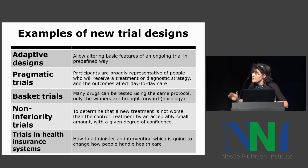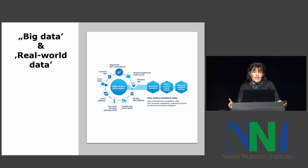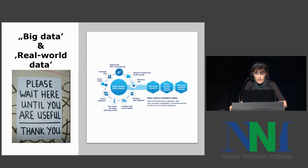It's not that all of these trial designs were completely unknown before, but they have definitely become more and more popular nowadays. And there are other issues that were discussed in this series. And finally, big data and real-world data. I will not discuss it in detail, but I think this is really coming. This is coming because we have a lot of this electronically collected data. I will just comment on it with this slide. Please wait here until you are useful. And I think we still need information that this kind of information is really useful, and we're probably at the